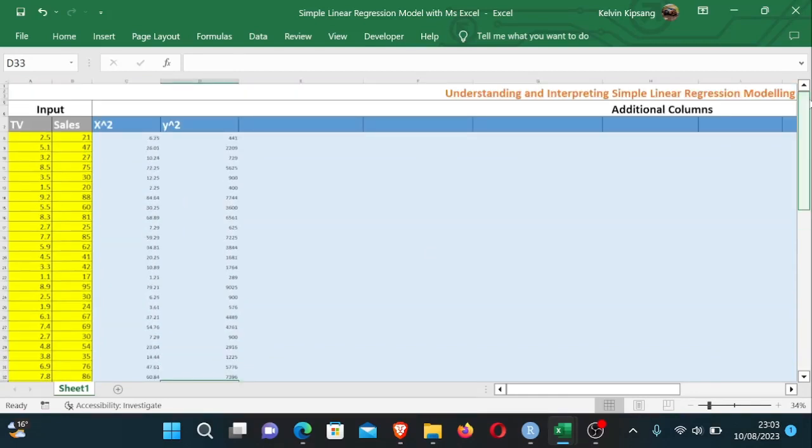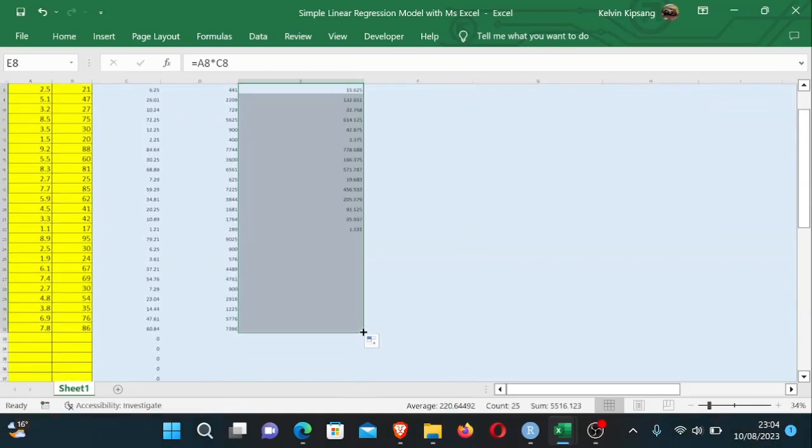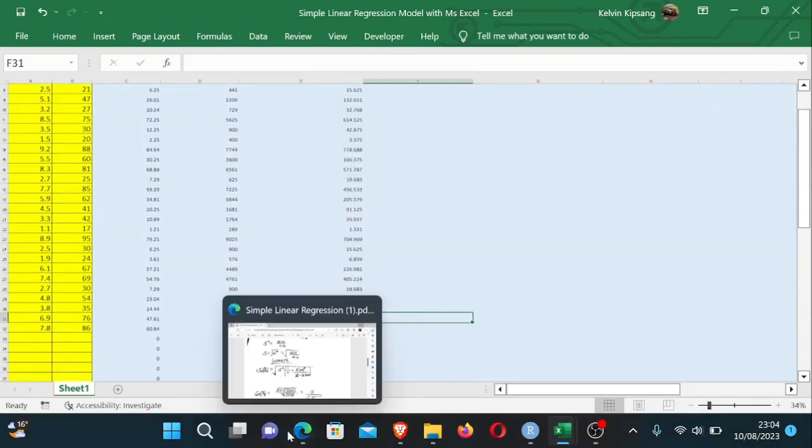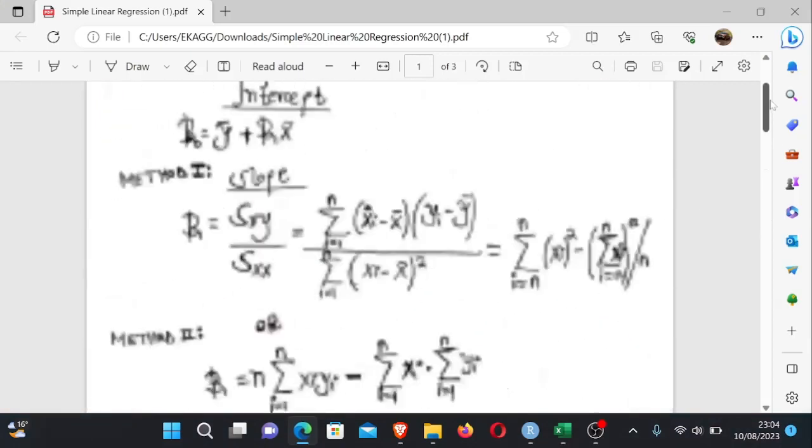The next column is where I multiply my x and y here. I'm multiplying the independent variable times the dependent variable. Hit enter, then I drag down until it matches. So what I want to show you is that I have some formulas which need those